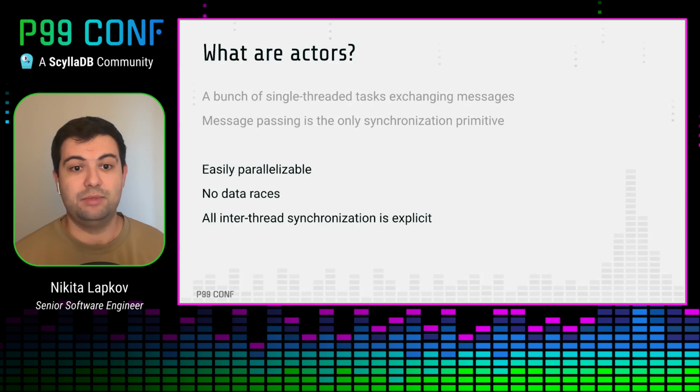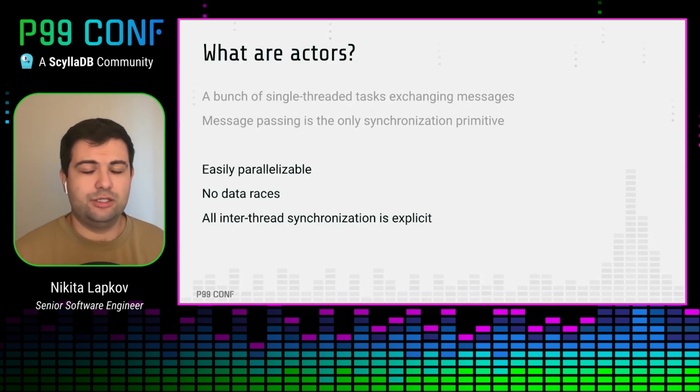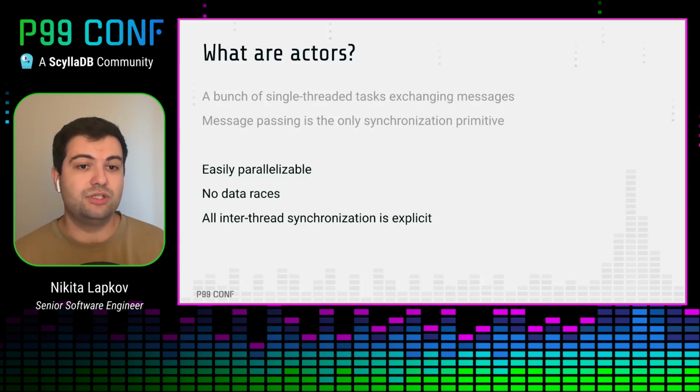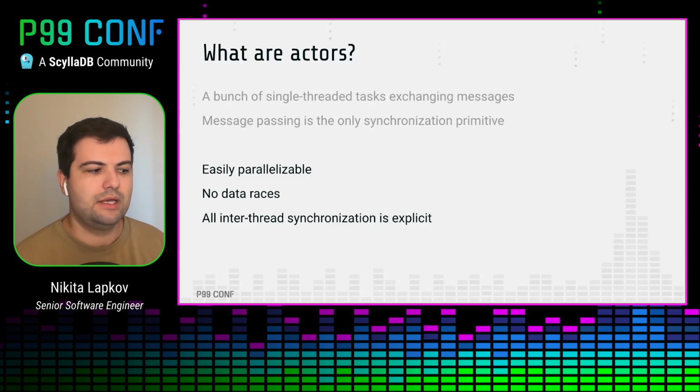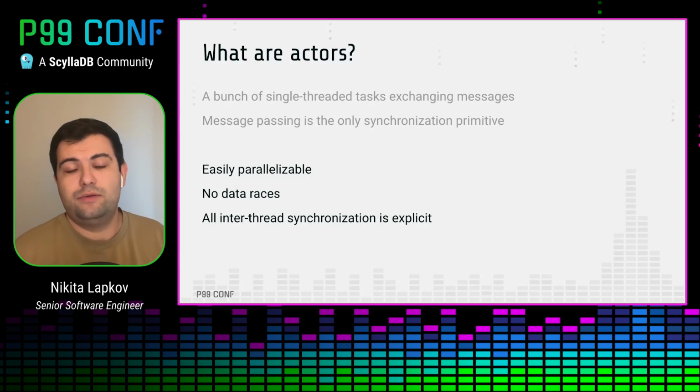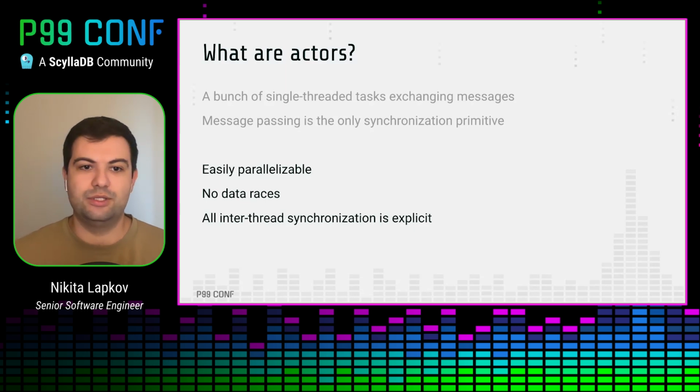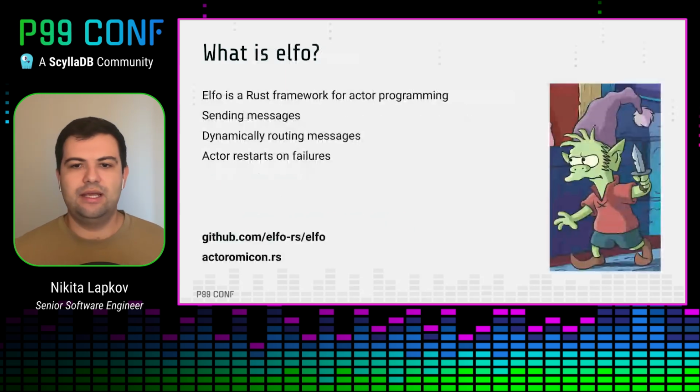traditional synchronization primitives. Finally, one of the great benefits, which I think is underappreciated about actors, is that all inter-thread synchronization is explicit. Every time you want to see how your system behaves, what the synchronization points of your system are, you can take a look at the history of messages which are sent through it. Every message is a point of synchronization, and you can just look through it like a browser history and see what's been going on. So actors are a great fit for us.